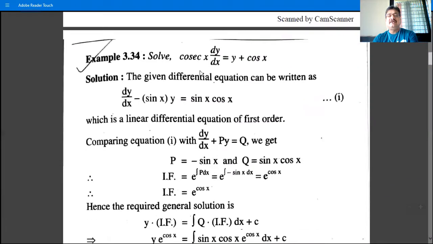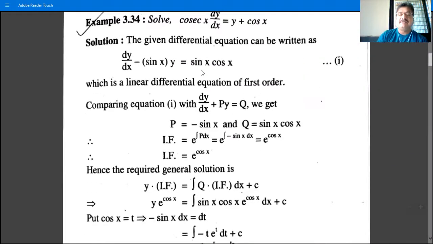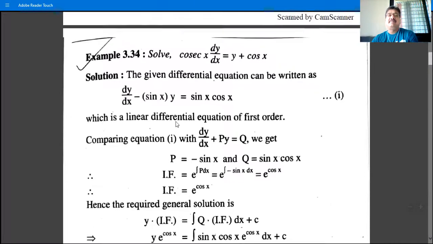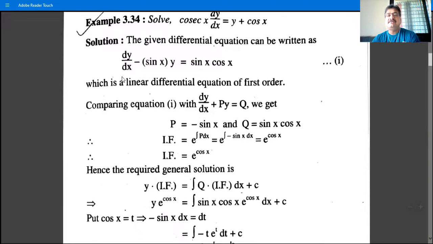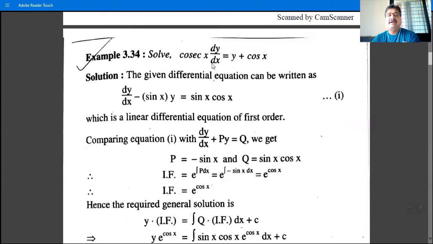Now we will see the mixed type examples, that is the examples on linear differential equation and Bernoulli's differential equation. So the first example is: solve cosec x dy by dx plus dy by dx is equal to y plus cos x. The given differential equation is written in the form dy by dx by dividing throughout by cosec x, that is multiply by sin x. So dy by dx, and then here we have sin x into y, then shift this term to LHS, minus sin x y